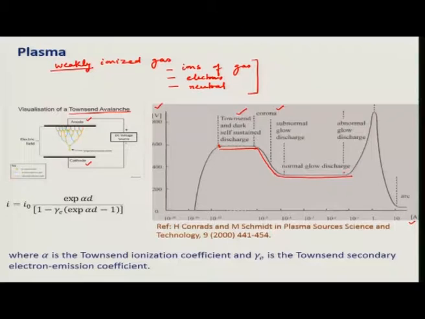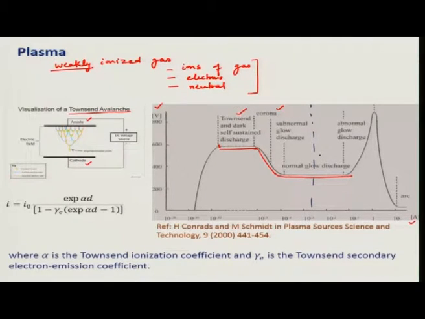Beyond this, if you want to increase the current, then you have to increase voltage again, and after this threshold you start to see arcing. Okay. So, this is the whole process under which different types of plasmas exist. In this course we normally use glow discharge. So, our main attention will be focused in this region somewhere here, where we have glow discharge, and that we see as a glow in the plasma.